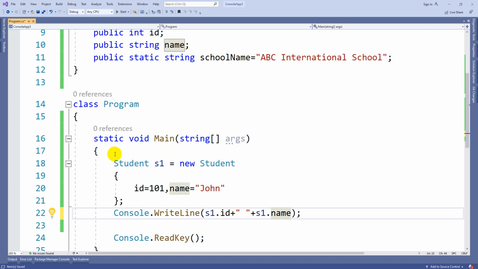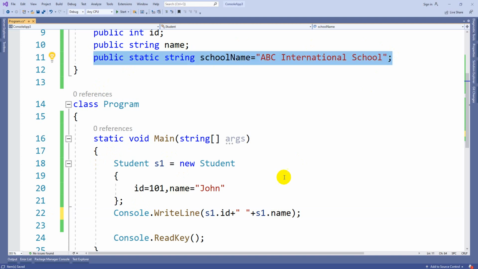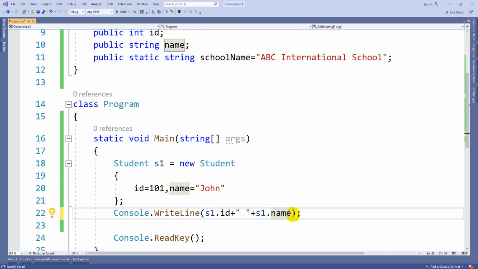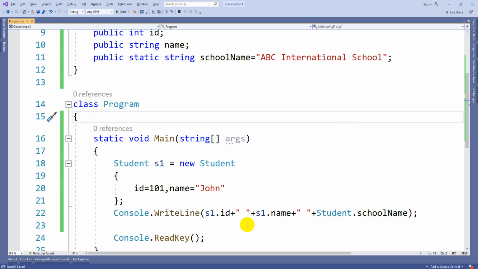By using the static keyword you can save the memory of the variables, instead of storing every time. And one more thing, since it is static, don't feel we cannot change that particular value. In case you want to print that on the screen, instead of an object you can call by class name dot the variable name. Since it is a static variable, you cannot access it by object. Whenever you want to print, you can directly access by class name dot that particular name.